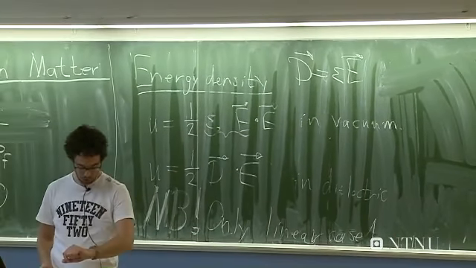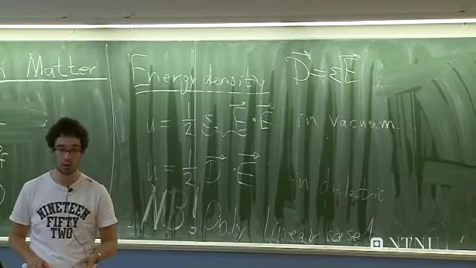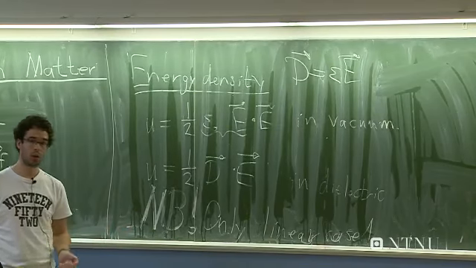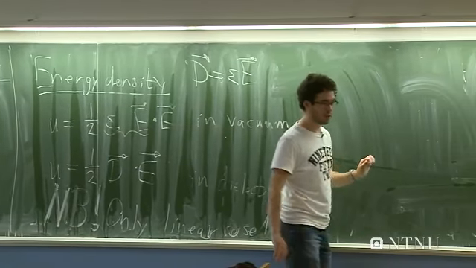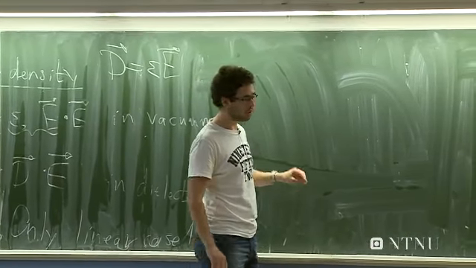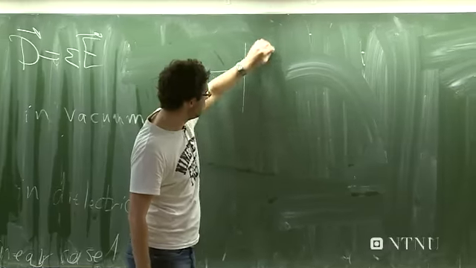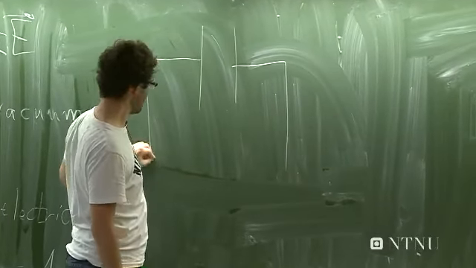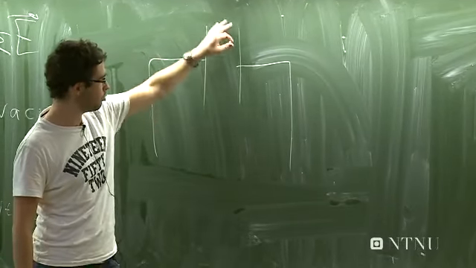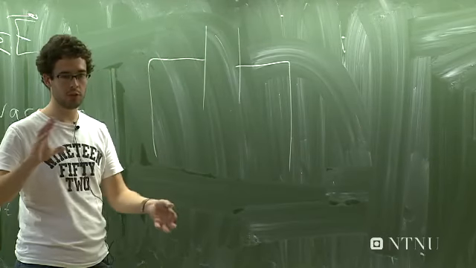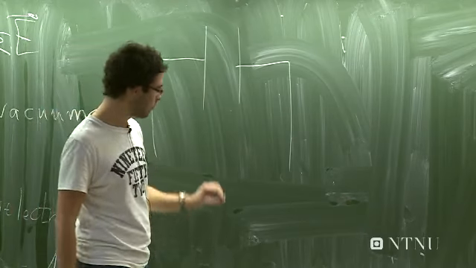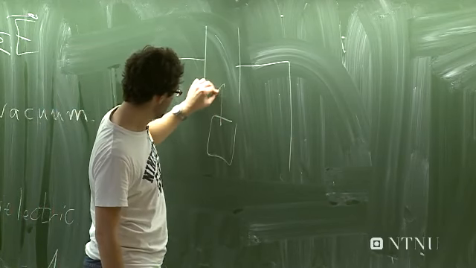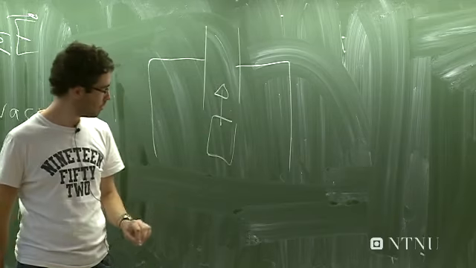This is explained very well in Griffiths, and the classical example for this is, of course, a parallel plate capacitor. I'm pretty sure you did this in the previous course. I'm not going to go into detail. But just to remind you, if you have a capacitor, you have two wires going out, you have two parallel plates. Essentially, even if the geometry might be different, this is the idea. And now if I take a slab of dielectric medium and I put it into the capacitor,